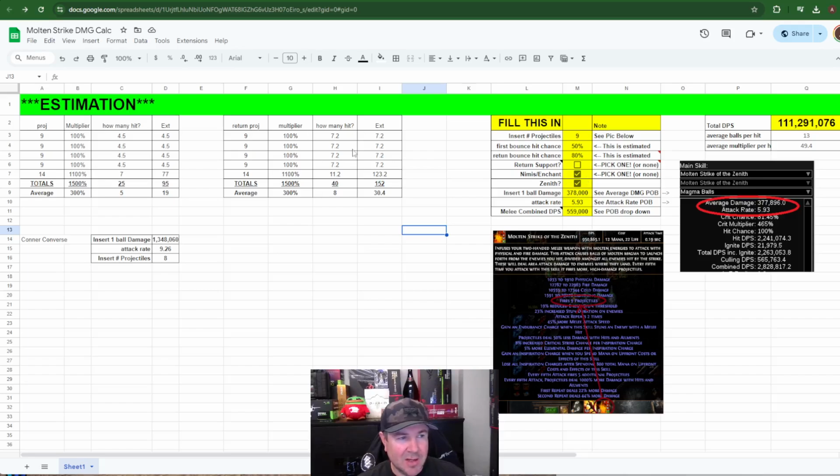This is the returning hit. And typically the returning hit is going to hit way more on the way back, has a better chance of hitting than it does on the first hit. So I won't explain that right now because it'll make the video too long. But